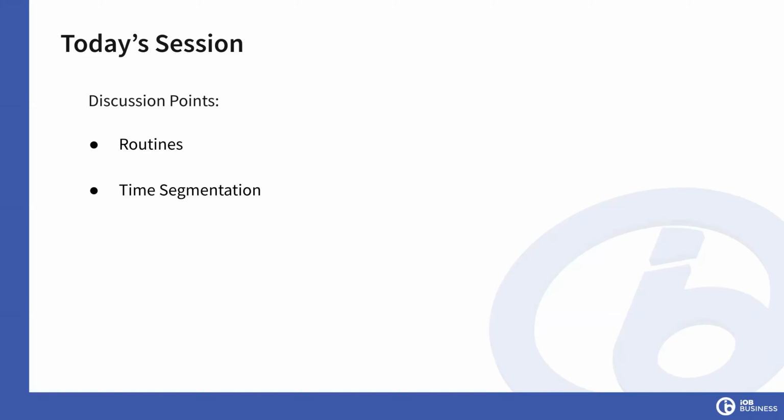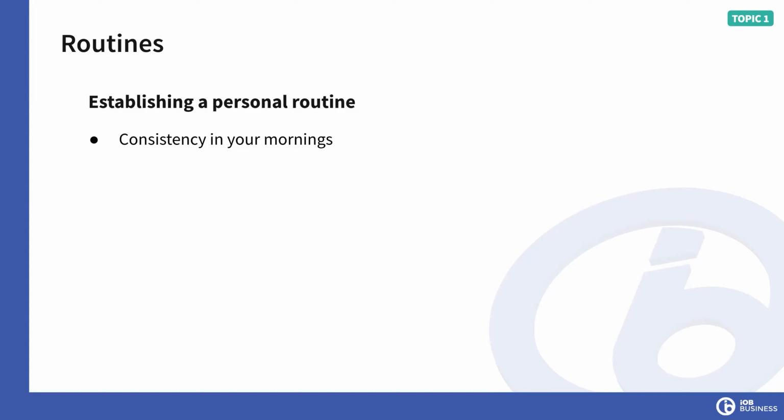Okay, so if we spend less time deciding on things like what clothes we're going to wear today, what we're going to have for breakfast, what time we're going to leave the house, when we should get to the office today, yada yada. All of these decisions are completely pointless and unnecessary. If we establish consistency in our mornings, we leave more room for the important decisions that we're going to have to make later in the day.